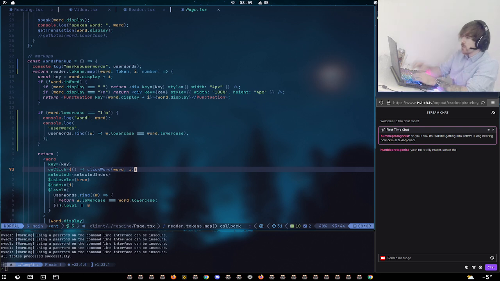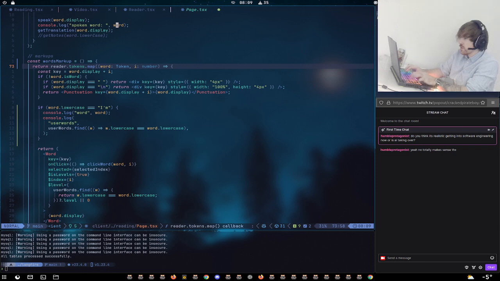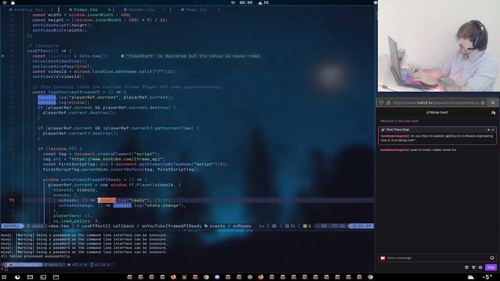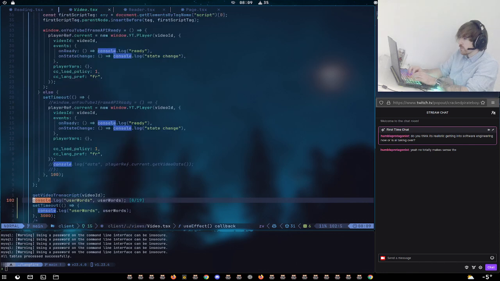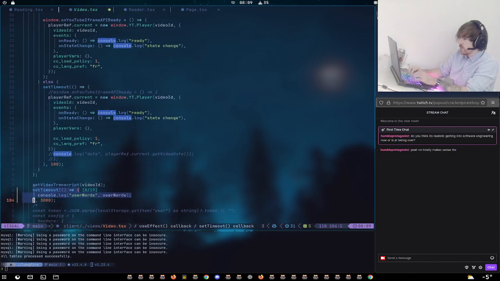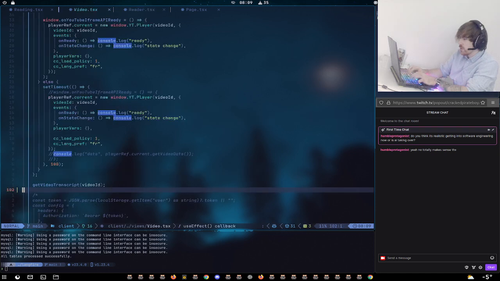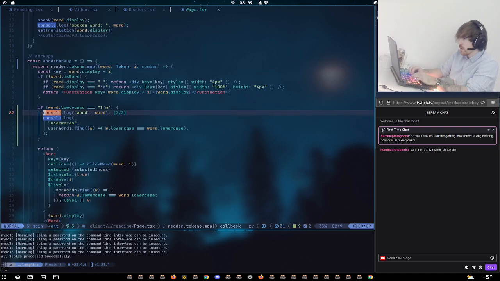So let's get rid of this, and I think I've got a console log in here which I don't want, because I know that they're coming through, so I'm just cleaning it up a little bit in the page.